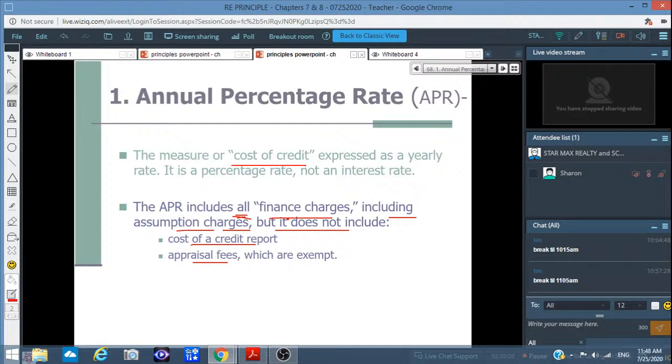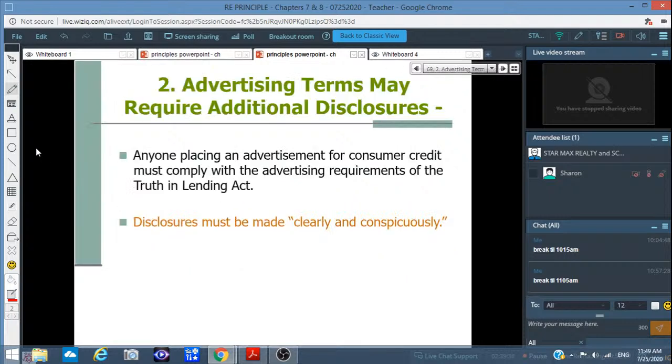估价费加上信用报告费不包含在里面。Cost of credit report anywhere from $35 to $50. Okay, appraisal fee anywhere from $400 to $600 for a normal house. Okay, that's not included in the APR. Okay, 这个信用报告的费用加上估价费用不含在这个 APR 里面。